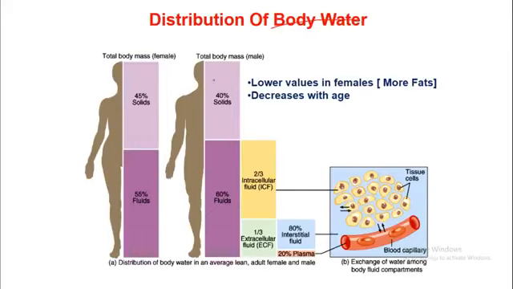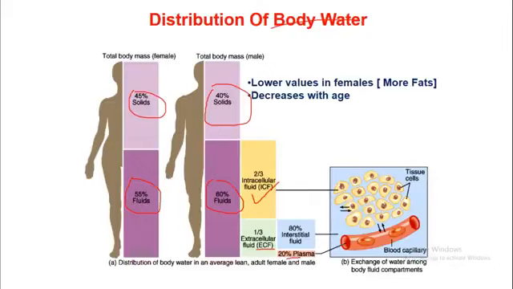Total body mass. Out of this total body mass in male, 40 percent are the solids and 60 percent are the fluids, and out of total body mass in female, 45 percent are solids and 55 percent fluids. Here we are considering 60 percent fluid, and how we divide this. So out of this 60 percent fluid, 2/3 is the intracellular fluid or ICF, and 1/3 is the extracellular fluid, which is the ECF. Inside the extracellular fluid, we cover 80 percent interstitial fluid and 20 percent plasma.